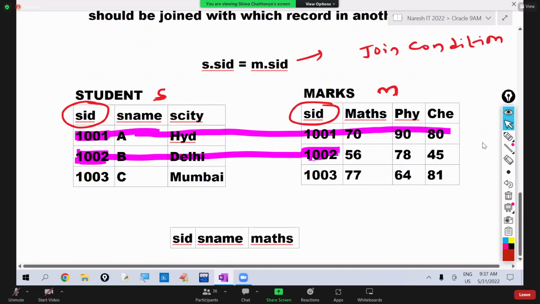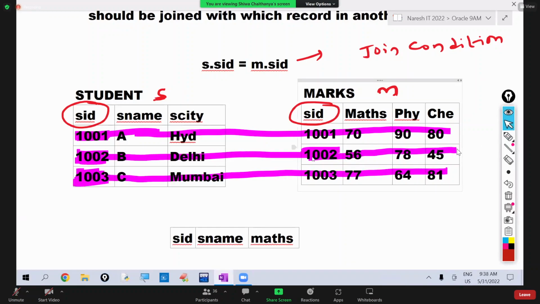Next, here 1003 is there. Is 1003 matching with 1001? No. With 1002? No. Is 1003 matching with 1003? Yes. It performs the join operation. So now the 1003 record will be joined with 1003, and with this we can access maths, physics, and chemistry subject marks. The 1003 C student got 77 marks in maths. So finally,